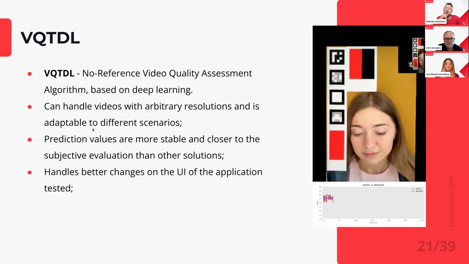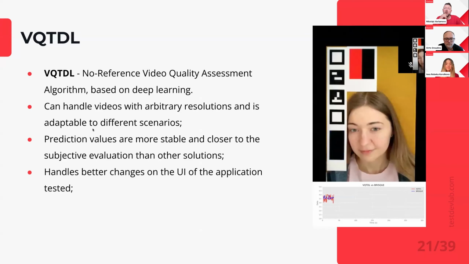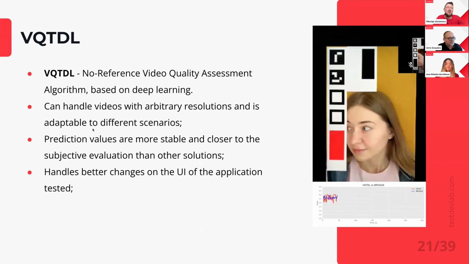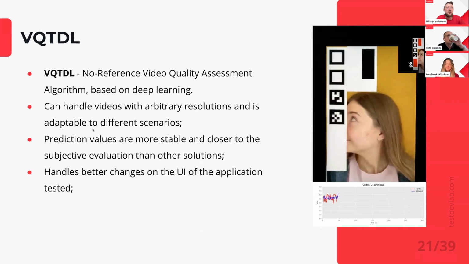We started to think about building our own, and we actually built one, and probably it's the best no-reference algorithm out there, like in the Carlsberg advertisement.